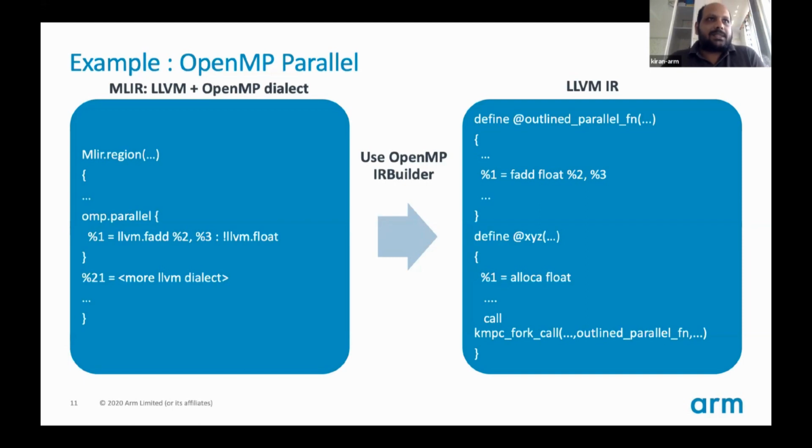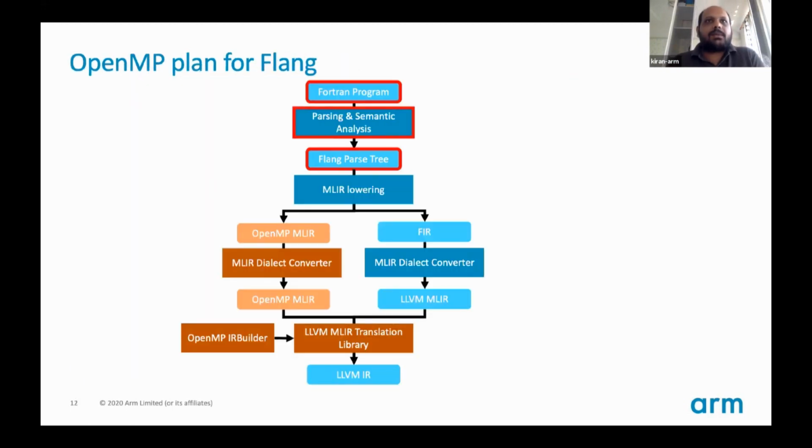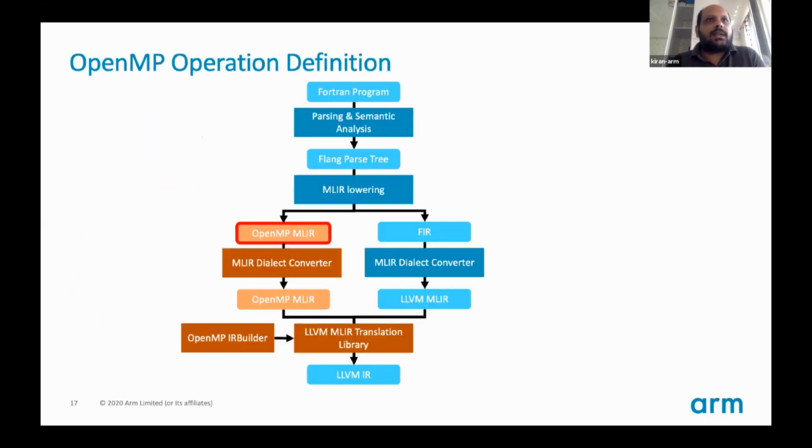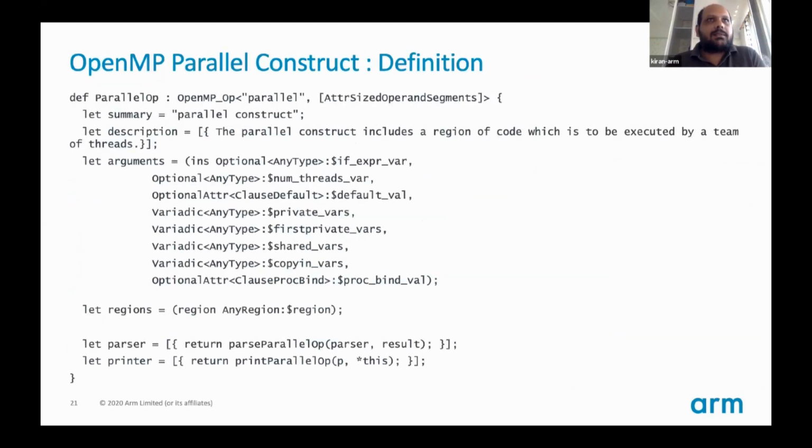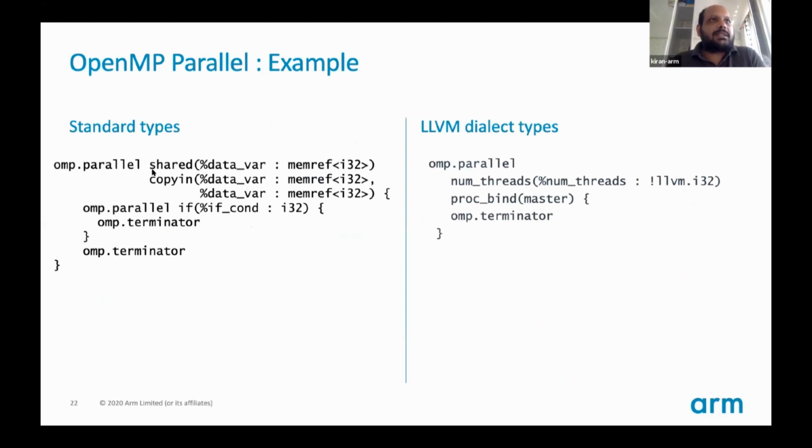So this just shows a trivial OpenMP parallel operation. There can be shared clauses which will say which are the variables that have to be shared, and then we will lower it accordingly. So this was just a trivial operation. I'm not saying that these are all shared by default, but this was just a trivial example. If you see later in the slide, you can see there is a parallel operation with a shared clause that can say what are the variables that are shared.